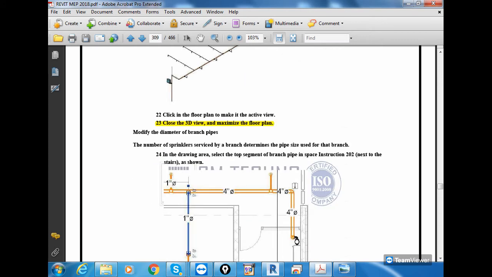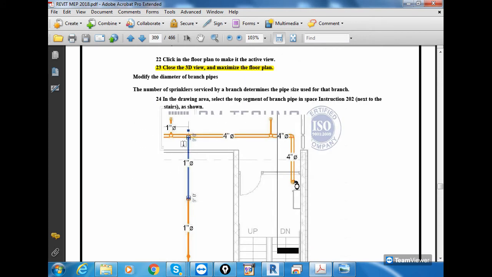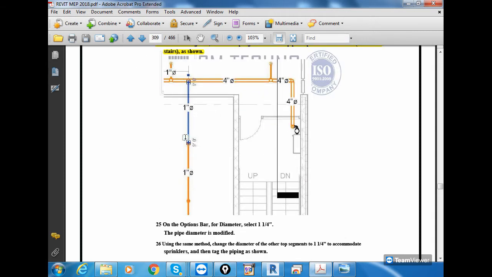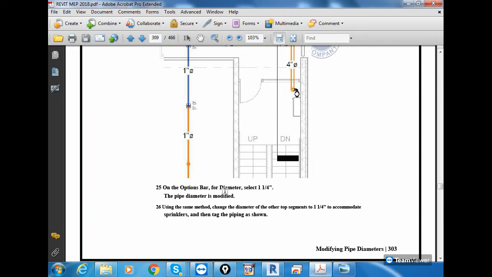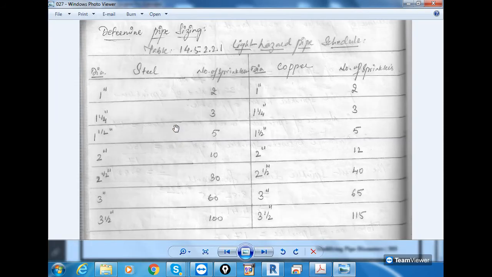Close the 3D view. Then for these three sections, we'll change the pipe size to 1 1/4 because these three branches serve three sprinklers. So 3 sprinklers means the size should be 1 1/4 as per the table. Only 1 or 2 sprinklers, 1 inch.